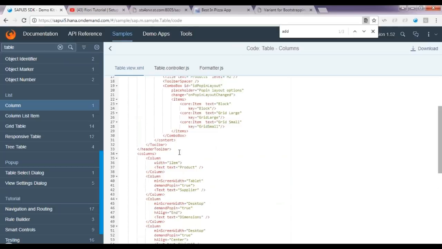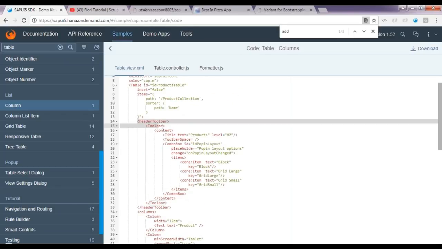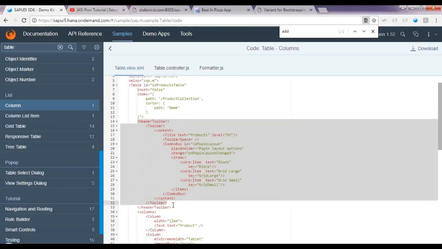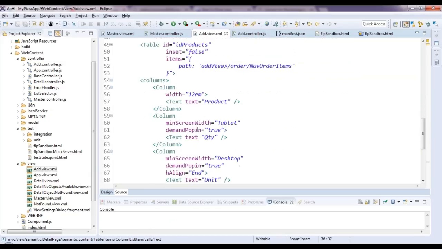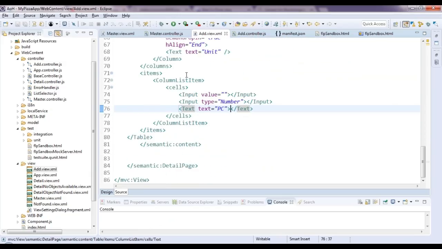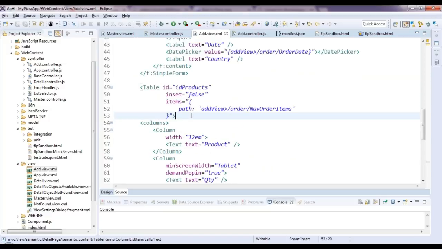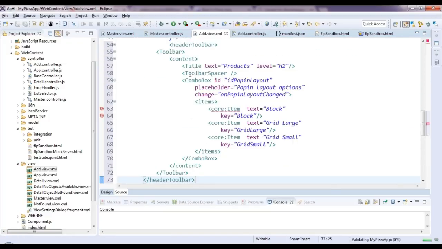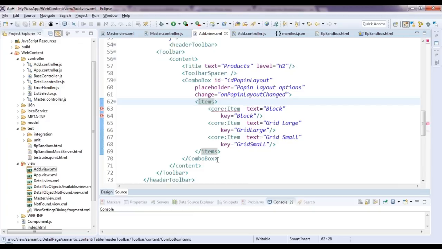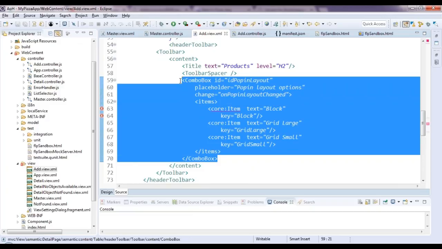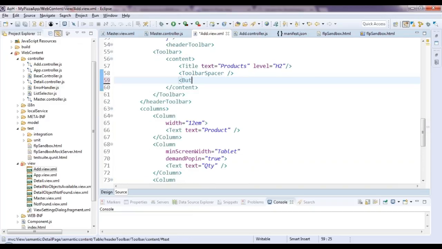So we should add something called a header toolbar, and in this header toolbar I should add a plus button, which should then insert a new record into my table. So let me just go ahead and do that. So I come here inside the table and add a new button called icon,